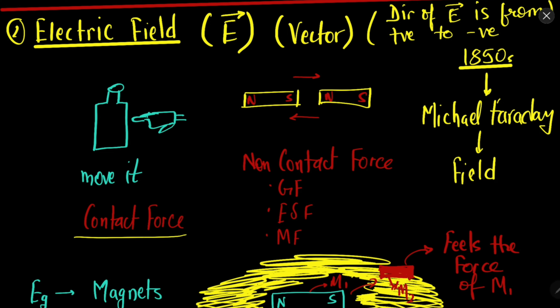So this type of force is called contact force, in which the force is applied by some contact. But let's take the example of a magnet. When we have two magnets, they attract or repel each other, but they do not need to be in contact in order to do so. They can apply force without getting in contact with each other. This type of force is called a non-contact force. For example, gravitational force is a non-contact force.